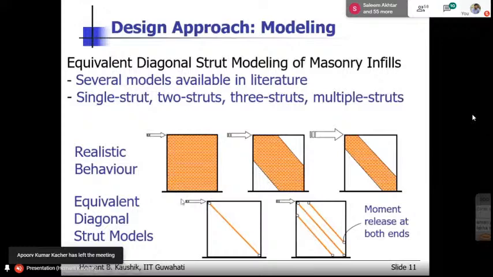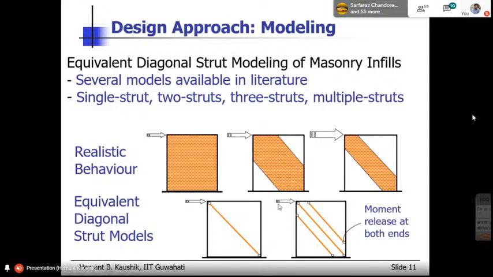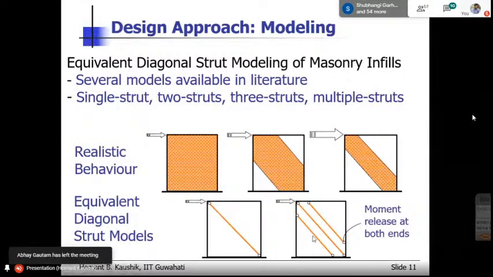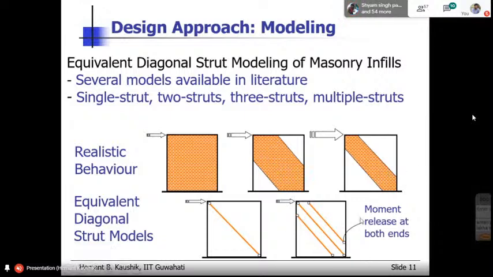So what happens then when you go on increasing the lateral force? These struts, they go on failing one by one, right? So for smaller lateral force, all the struts will be activated. When you go on increasing the lateral force, one by one, these struts will fail, and the activation of only limited number of struts will be there. So like this. But then this also did not solve the problem, because here what will happen that the entire